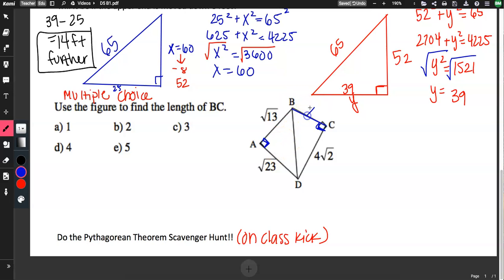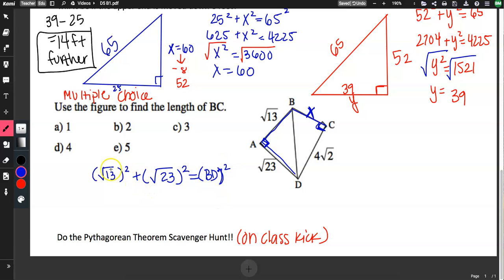I'm going to put an X on it so that I can use fewer variables. I have the triangle ABD, and that's a right triangle as well. So I'm going to find BD to start. I can use my Pythagorean theorem to do that because these are my legs, and then I'm going to solve for the hypotenuse. So I have root 13 squared plus root 23 squared equals BD